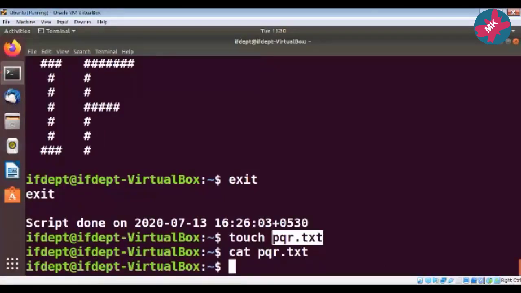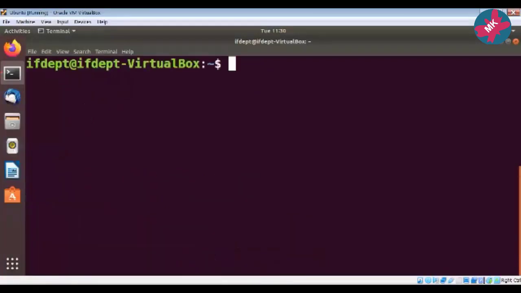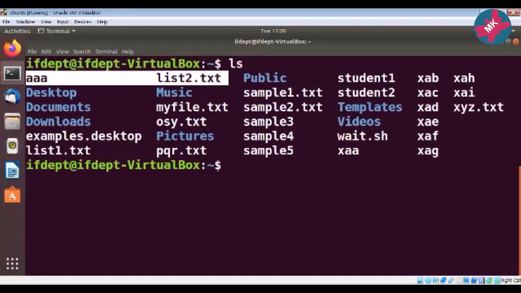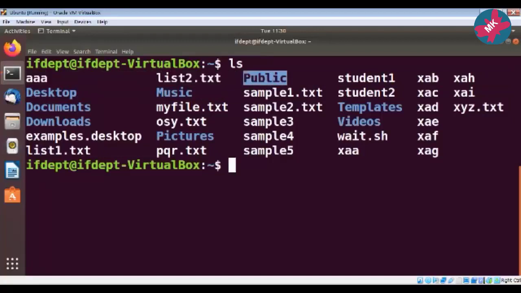Now after this, we are going to see the ls command. As I have told you, the ls command displays the list of files present in the current working directory. So let us see the output of this ls command. See here, all these different files are displayed, and the blue colored items are nothing but folders. Now this ls command is actually very powerful. We can utilize it in numerous ways, so I'm going to show you certain options associated with it.